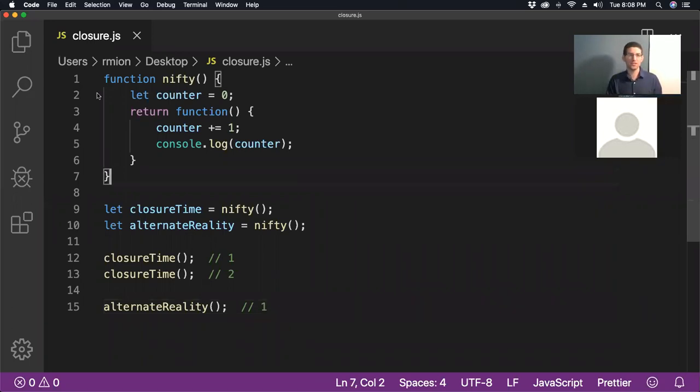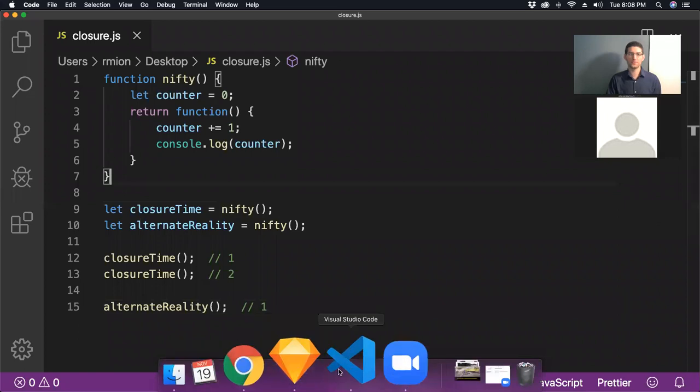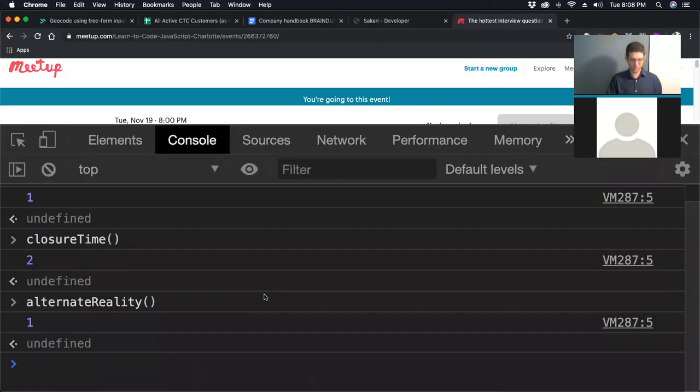So we have a function called nifty. And on line 9, I'm telling JavaScript, in this new variable closure time, I want you to store the result of executing this function nifty. And when I call nifty, what is returned? Well, let's go back to the browser here.